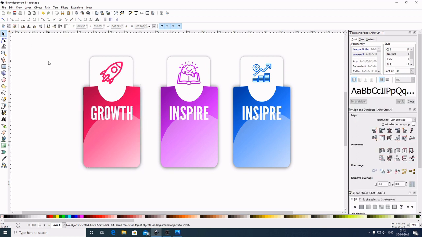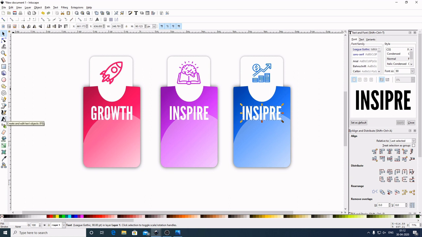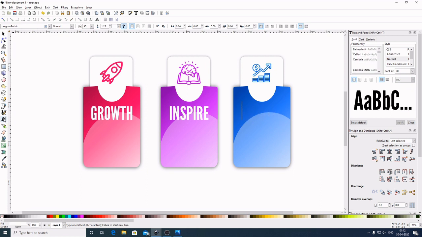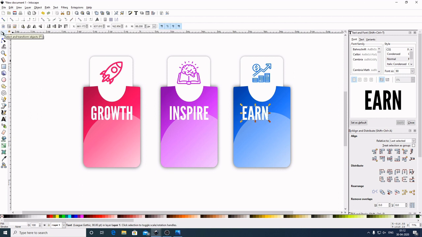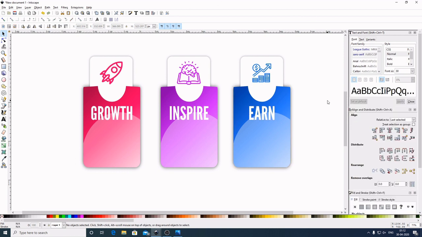Now select out of the graphic to deselect. Now I will select this. Again select this one. Create and edit text object. Hit backspace to delete. Here I will type fun. Select this one. Now by holding Shift in the keyboard, select this graphic. Center on vertical axis. Select out of the graphic to deselect.